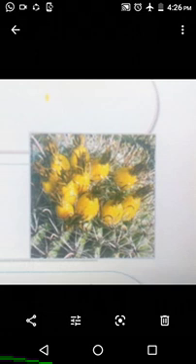Next is fish hook cactus. This is again another type of cactus which is called a fish hook cactus. It has hook shaped spines all over which help it divert heat. So it diverts the heat.